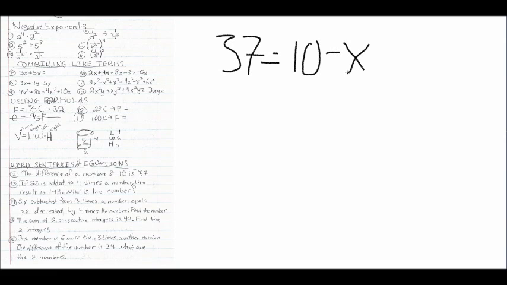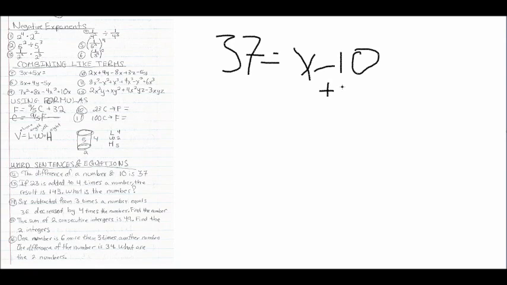It says the difference of a number and 10. The difference of a number and 10 is 37. So basically 10 minus x gives you 37. So I want you to tell me what that unknown is,